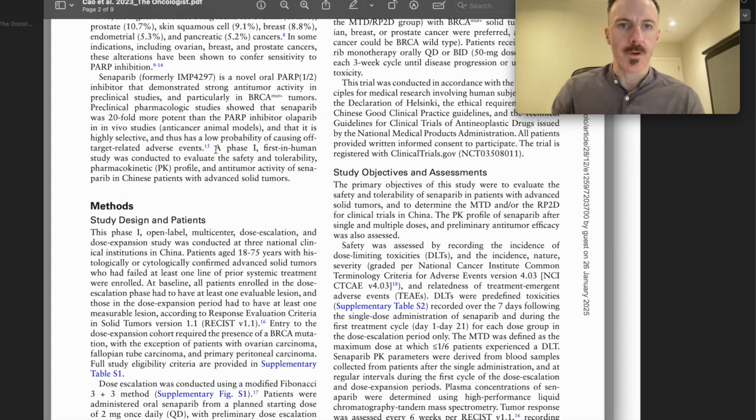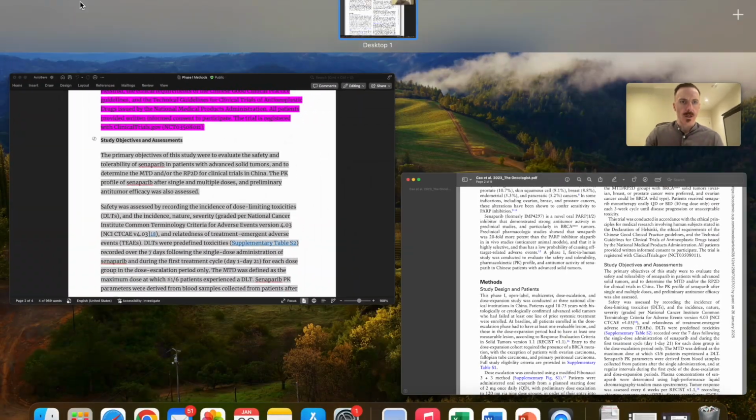Okay, we can see here at the end of the introduction, a phase 1 first-in-human study was conducted to evaluate the safety, tolerability, and PK profile and anti-tumor activity of sanaparib in Chinese patients with advanced solid tumors. So this objective was further expanded upon in this first paragraph here. Okay, great. So let's get back to